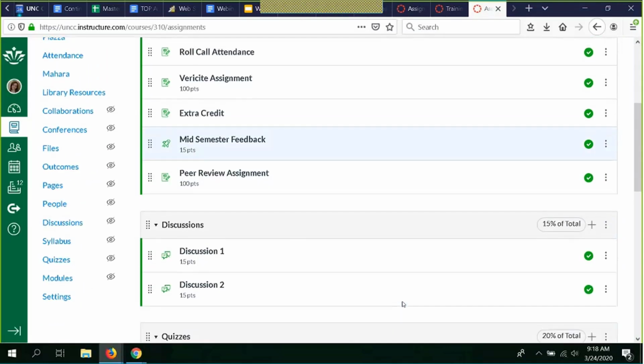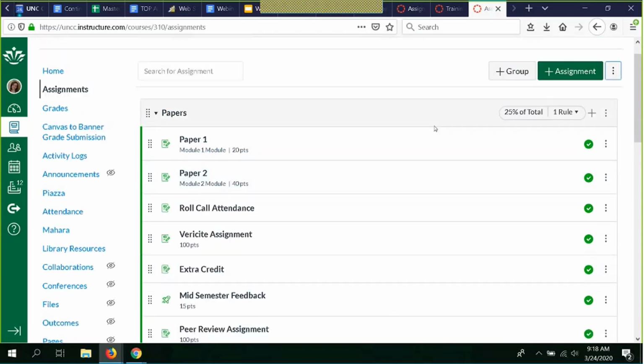The way that I've done this is I've created various assignment groups, and I've put the assignments within them. Please be aware the weighting is only for the group. You cannot weight individual assignments inside the group. So for example, even though paper 1 says 20 points and paper 2 says 40 points, they will actually be treated equally, because the way Canvas is doing this is it's going to divide each of these assignments equally into